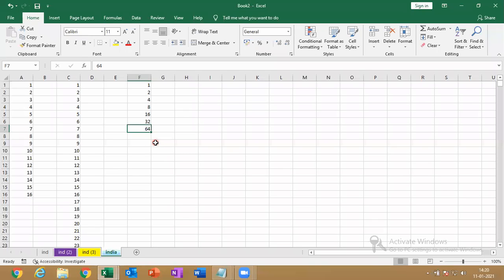It exceeds 65. Yes. It should not exceed 65. That is my rule. If I double that, it will go to 128, right? It should not exceed. So it stops at the previous value, but it should not exceed my range. That's why it stopped at 64 only. Is that clear? Good.